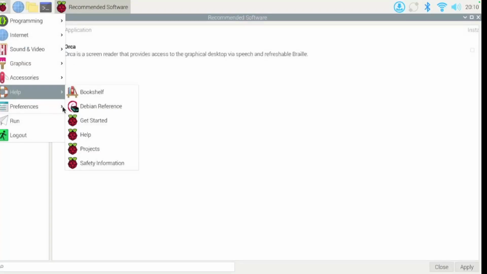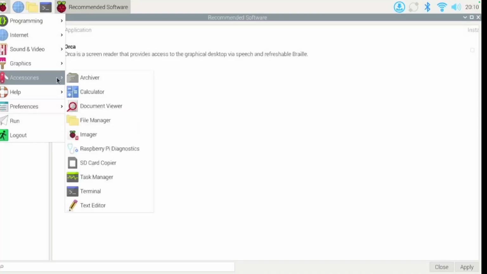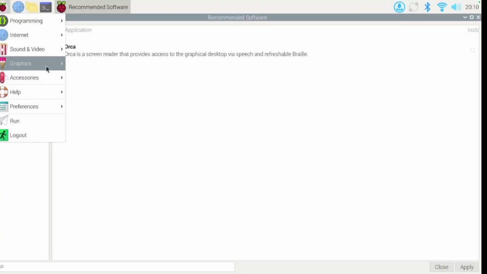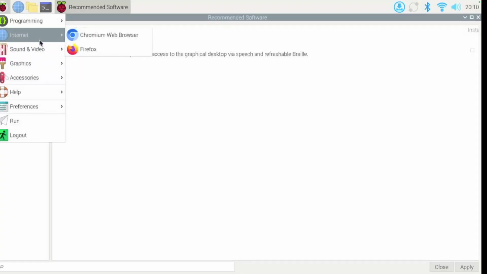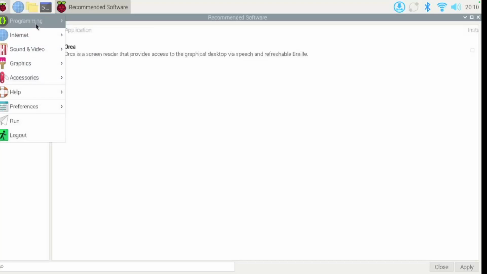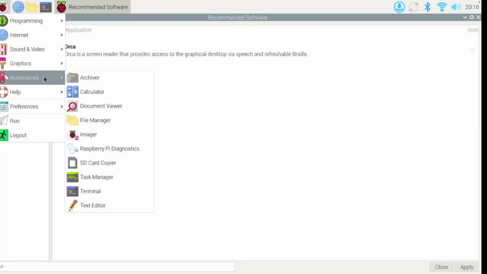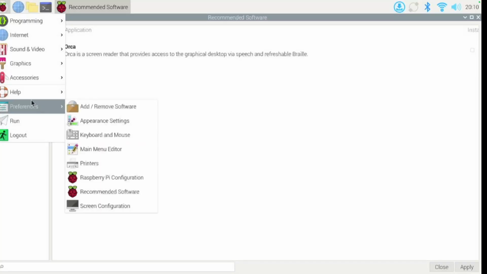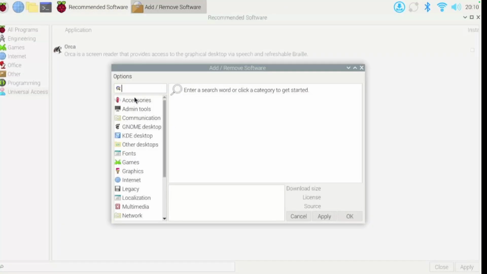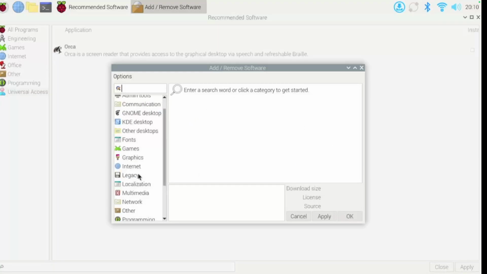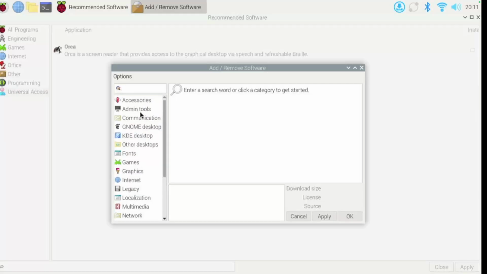Preferences. Accessories. So it's going to be under add remove software. So preferences, add remove software, and this is where you can essentially search for just about any other software and